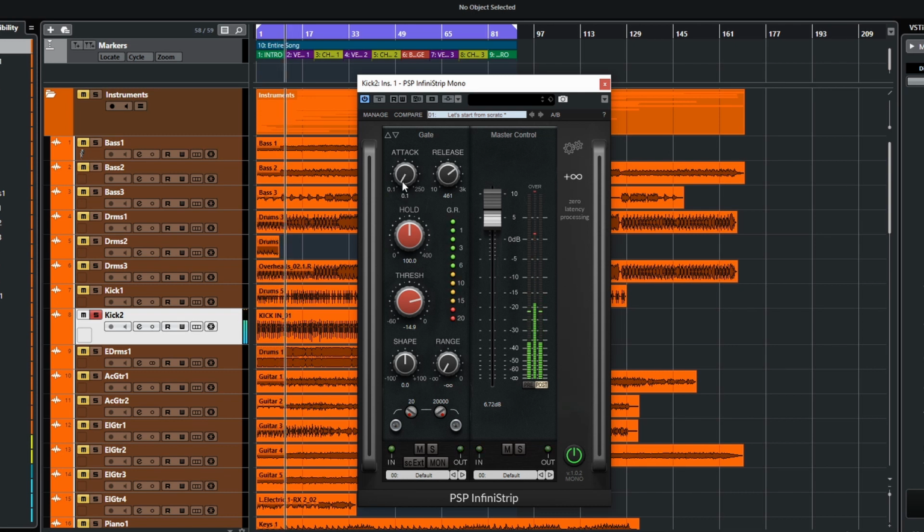So you can see the attack here, the shorter the attack, the quicker it opens the gate. So as soon as it hears the signal, it opens the gate. If I make it too slow, it doesn't quite open enough. It's only getting the tail of the kick. It's not opening quick enough. So with a drum, you probably want a pretty fast attack. Now with our release,